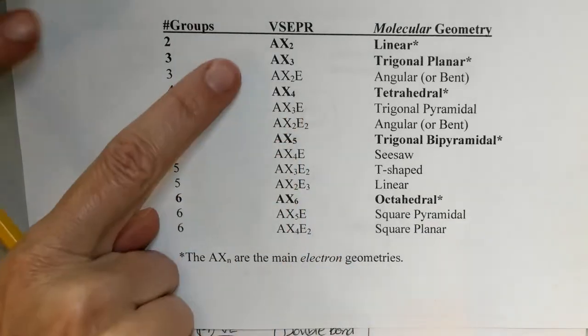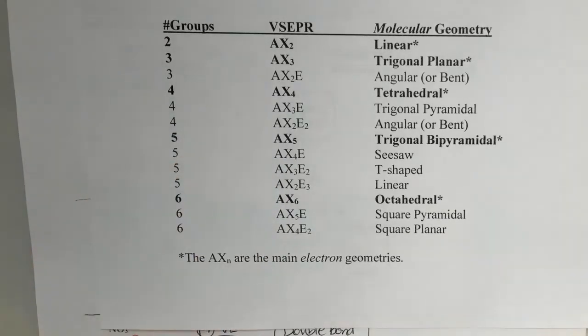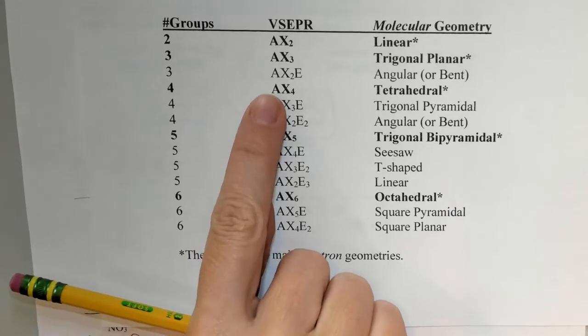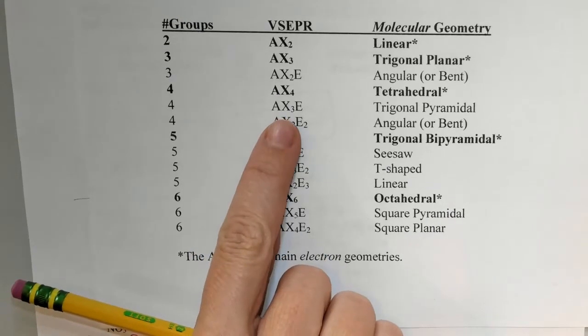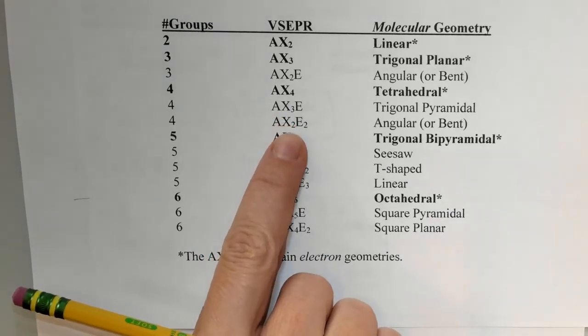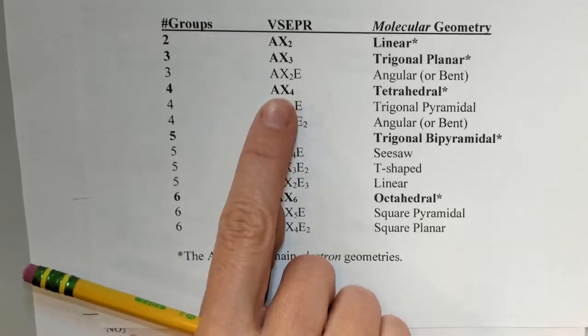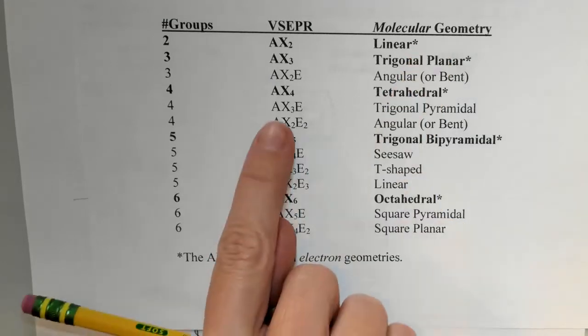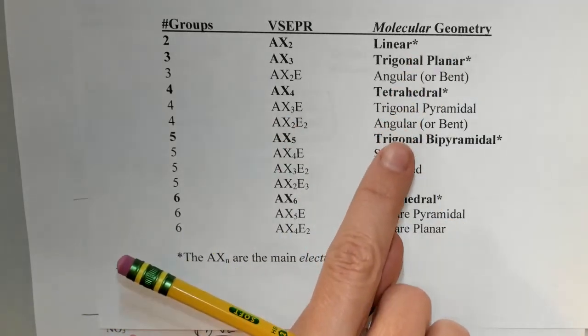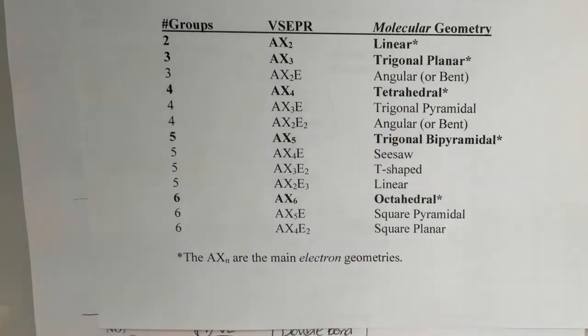So what I have highlighted in bold, those are the main groups, right? Under that umbrella of AX4, you can have tetrahedral, trigonal bipyramidal, or angular, also called bent. So AX4 is the main electron group, and then the specific molecular geometry could be tetrahedral, trigonal bipyramidal, or bent. All right, so we're going to look at an example of each of those molecular geometries in this